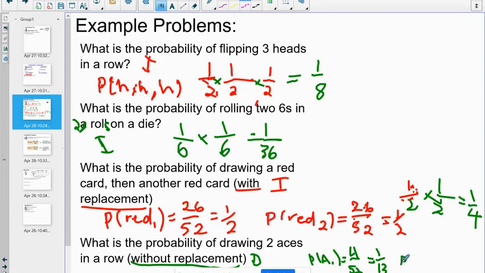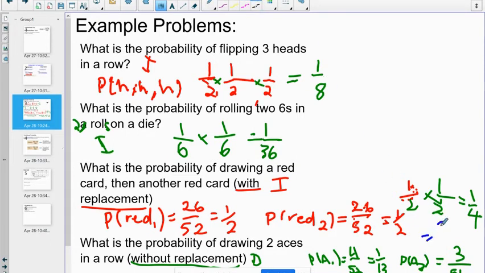Then the probability of the second ace, here's the part that's a little different. Our denominator, instead of being 52, is now 51, because if you drew one card and didn't put it back, so you took it off the top of the deck and just kept it, you have one less card in that deck because you are holding on to the other one. And if we drew an ace in the first draw, instead of there being 4, there's 1 less, because of that same principle that I just described. And then you'll go through and multiply the 1/13 times 3 over 51, and that is equivalent to